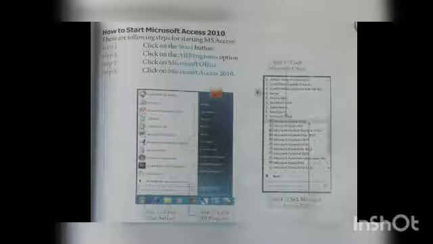How will we start MS Access? To start MS Access, we have to click Start button. Then select All Programs, then select Microsoft Office, then Microsoft Office 2010. Microsoft Office 2010 we have to click, then the Microsoft Access 2010 screen appears like this.